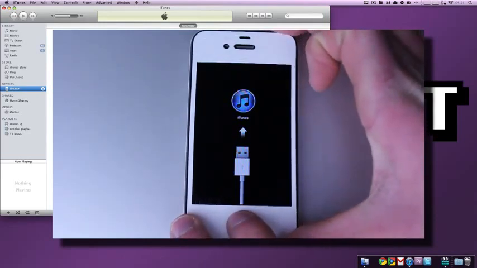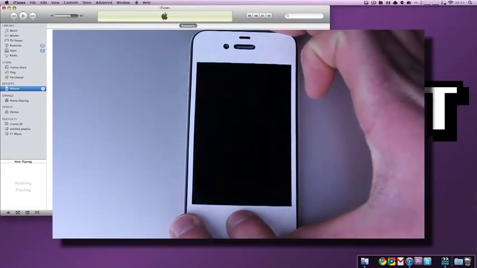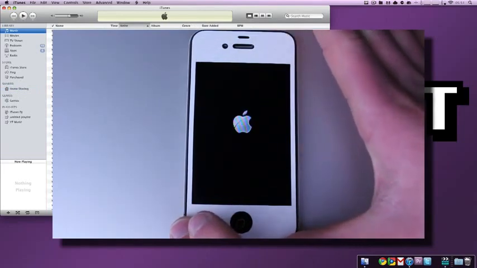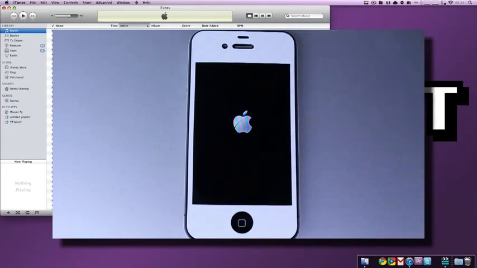Hold both buttons, wait for the screen to go black, let go of both of them, and then hold the power button once again. You'll notice that the Apple logo pops up, and now you're good to go. You don't have to hold the power button anymore. In a couple seconds, and mine will take a little bit longer because it's jailbroken, you'll enter the normal iOS